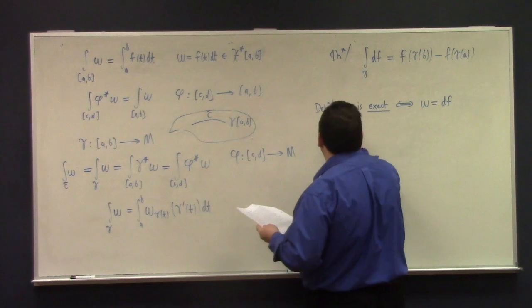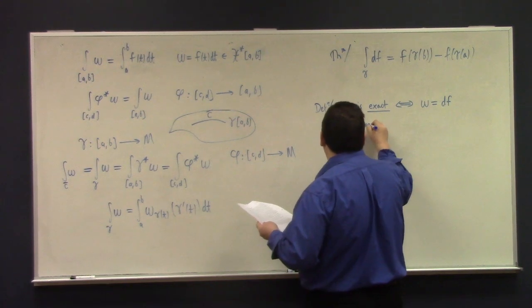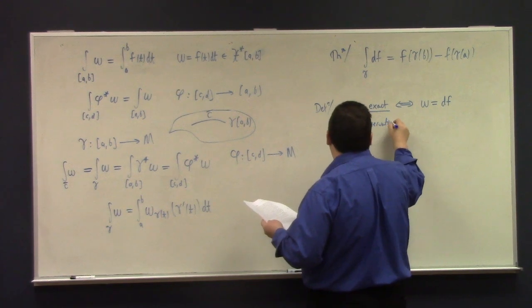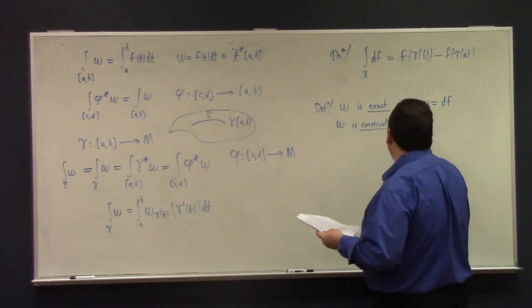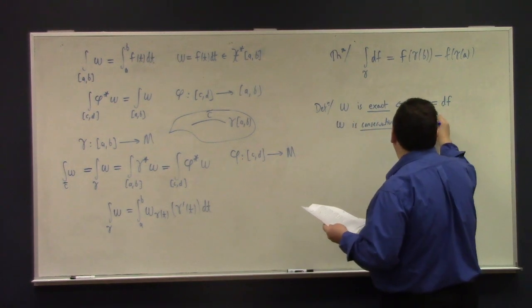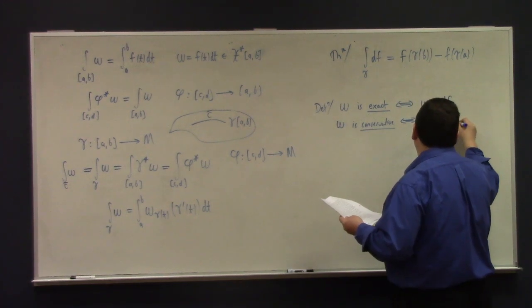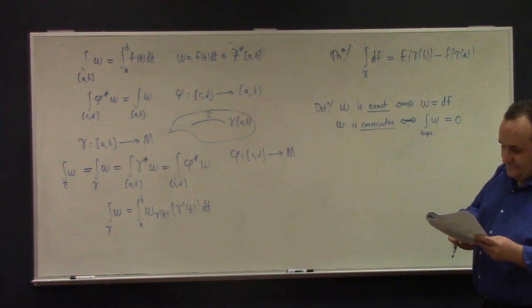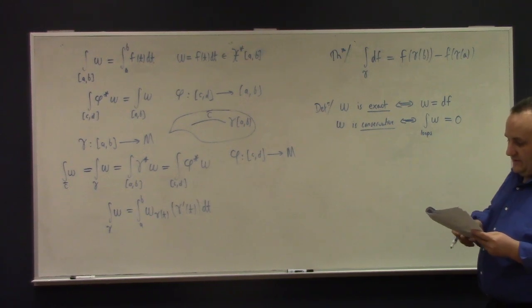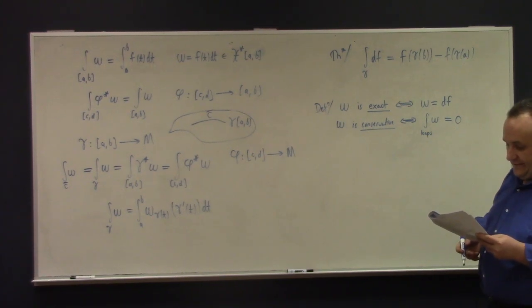And he has this: omega is conservative if and only if the integral around loops of omega is equal to 0. And he calls it a closed curve segment. And then he gives his proposition,